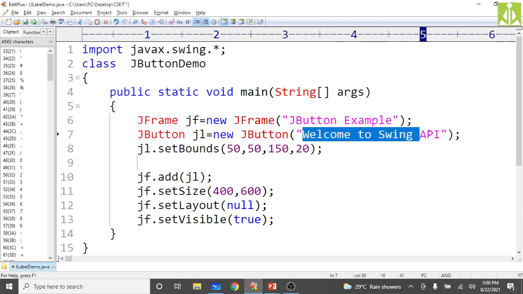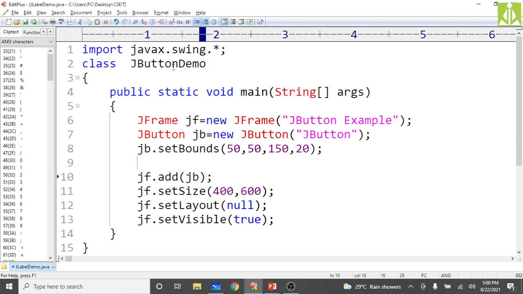Here also the same thing, you print a message, JButton, then JB, here also you take JB, JButton, set bounds same thing, then jf add JB, and the remaining things are the same. Size for the frame, layout manager for JFrame, nothing. Then visibility of the JFrame we are doing.